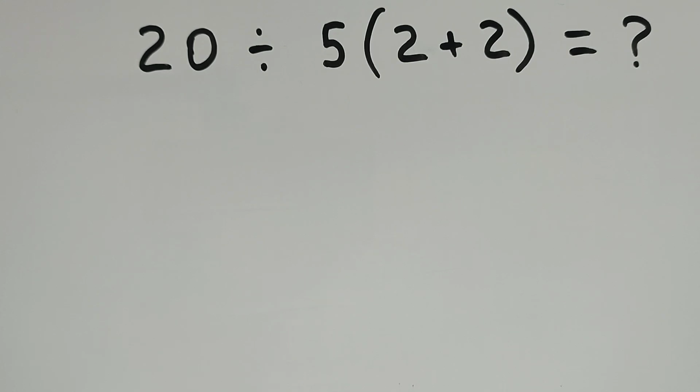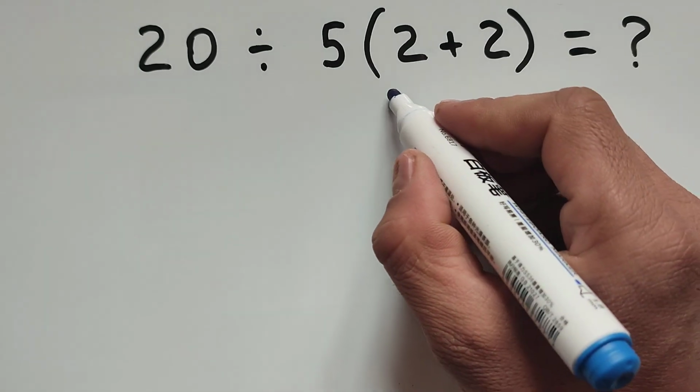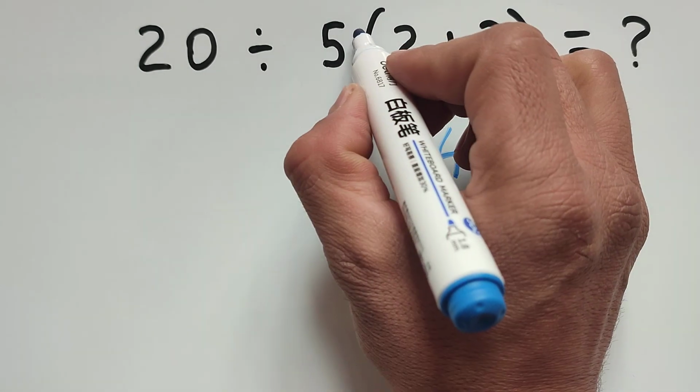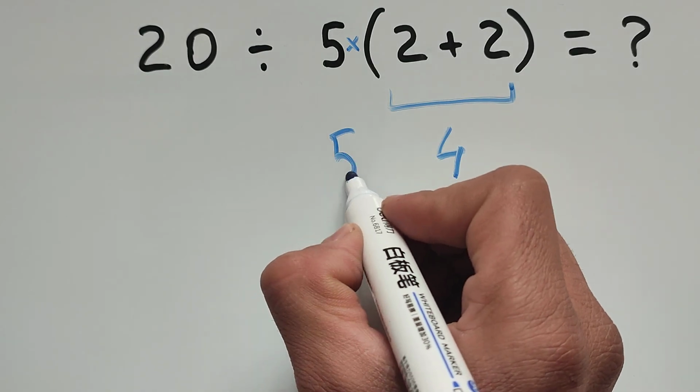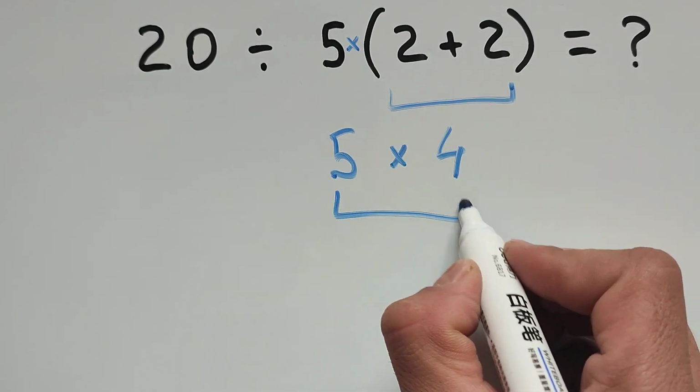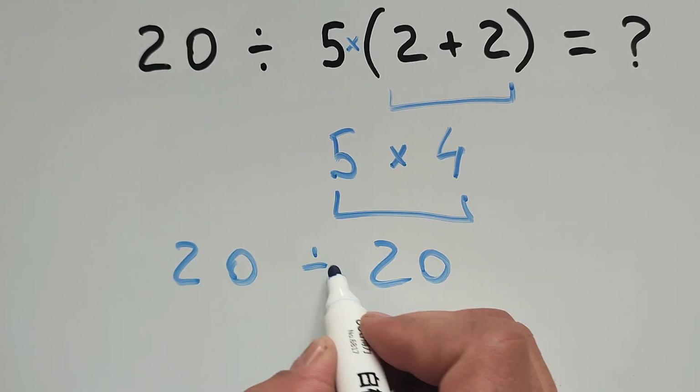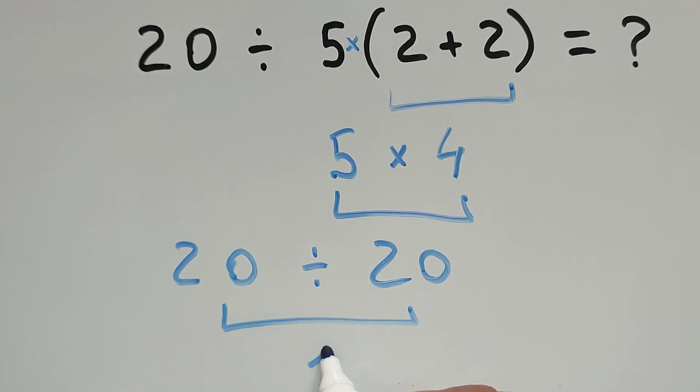Let's begin to solve this tricky math problem. First, we do this: 2 plus 2 equals 4, and there is multiplication here. 5 multiplied by 4 equals 20, and 20 divided by 20 equals 1. But this is not the correct answer because